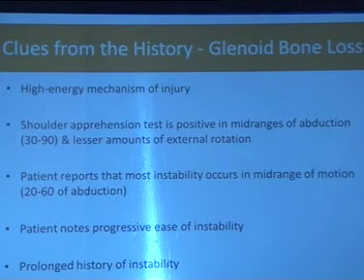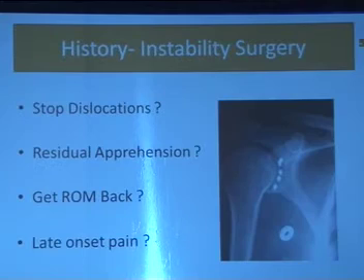If the shoulder apprehension test is positive in mid-range of abduction and a lesser amount of external rotation, rather than what we would conventionally expect, these patients who are more unstable in mid-range probably have more chances of glenoid bone loss. As the patient starts to dislocate more and more and there is progressive ease of instability, these are again the patients where we would expect bone loss. And if there is a prolonged history of instability and multiple episodes, all of these are indicators that the patient we are managing would probably require a bone augmentation procedure rather than just an arthroscopic labrum repair.